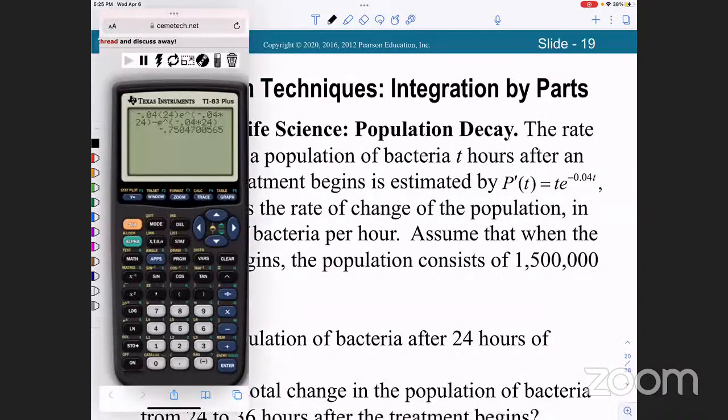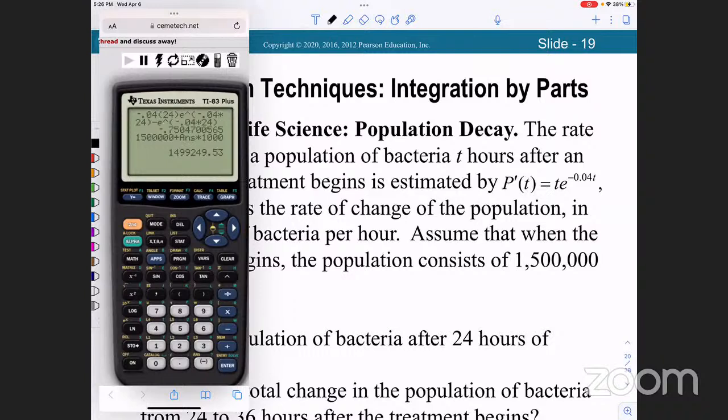So move the decimal to the right by 3. So 750. So then what we need to do is say 1,500,000 plus that answer times 1,000, right? Because basically these are the number of bacteria in thousands per hour. So we take that answer times 1,000 and subtract it from the starting amount. And so after 24 hours, it looks like we have about